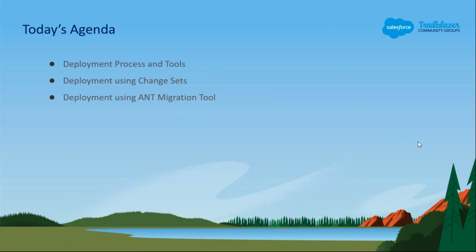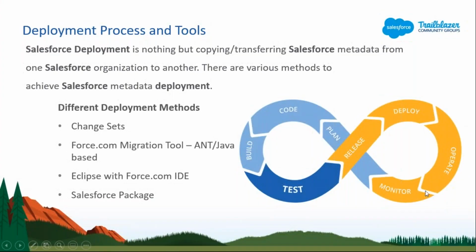And there are so many out of the box applications available on AppExchange, like Copado, Velocity, and so many other things. They are also very useful in terms of deployment, but they are all paid. And if any client or any project has that requirement, then they use that one. So we are going to use Change Set and Ant. Let me show you. Yeah, so deployment process and tools.